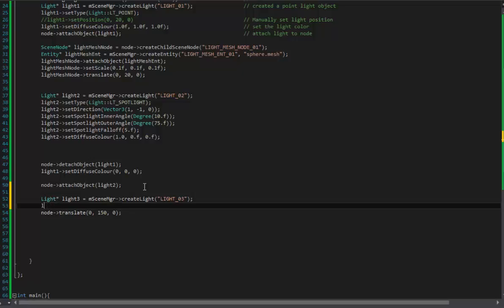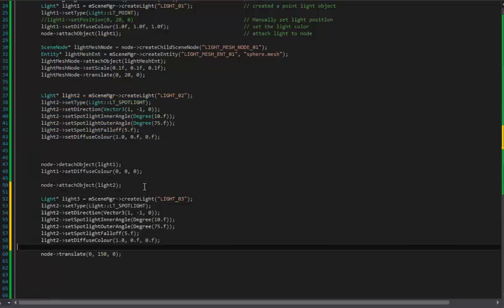And we set the light 3 properties almost similar to light 2. It's a spotlight. I'm going to make its angle to be -1, and then I'm going to make its degrees similar. Its fall off, we'll make it 15, and then its